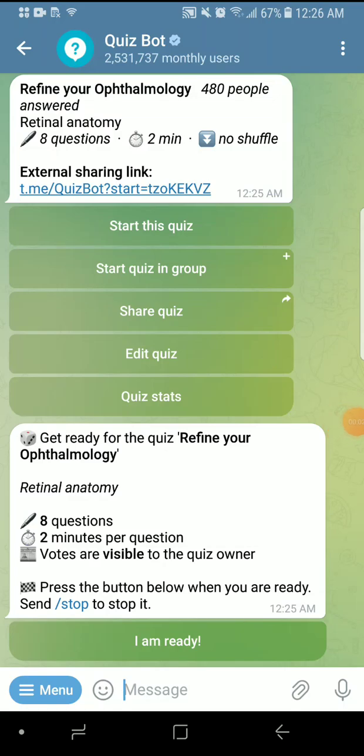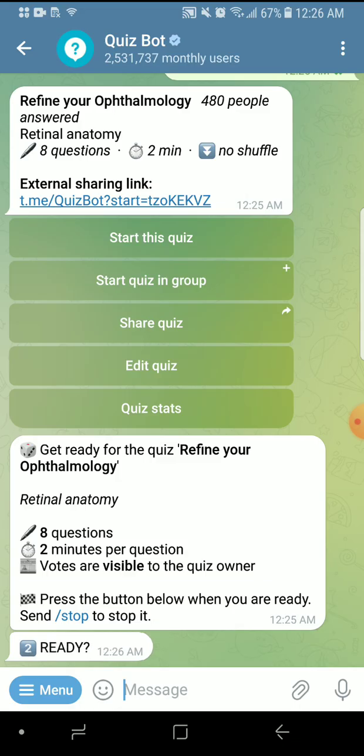Okay, so I'm in no mood to give explanations for the quiz on retina anatomy, but still, I always say on clicking this I'm ready, but really I'm not ready to give this test. But still,